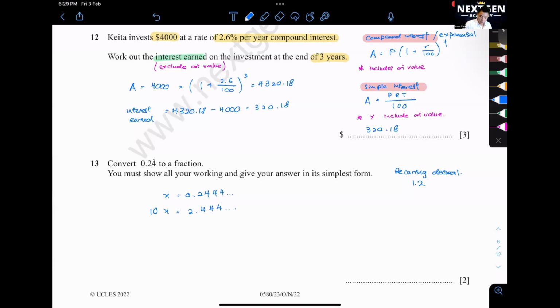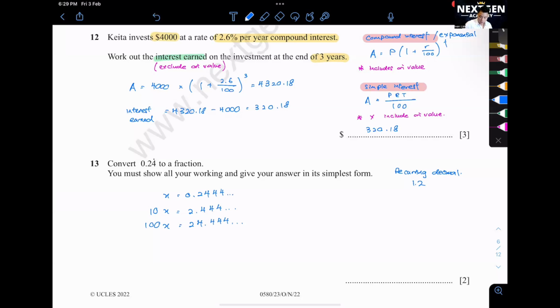Then because you still cannot remove it, right? Okay, our goal here is that we want to take one equation minus the other equation to make it a whole number. That means no more decimal place. Okay, so what I will do, like what Cheng Xiao said, you multiply it by 100. Multiply it by 100 again. So you get